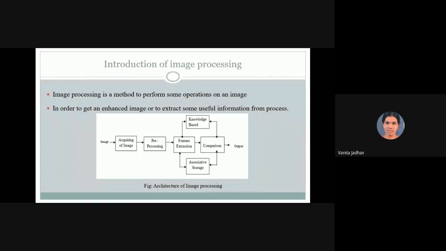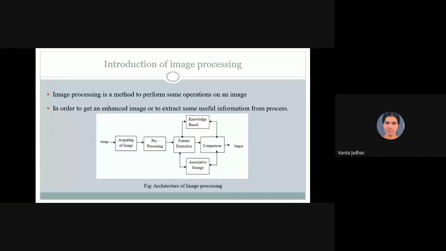Then that image is captured by the camera, and then it is sent to the digital system to remove some details from that image, and then processed to zoom out that image, and we will get one HD picture of that simple image. So this is image processing.